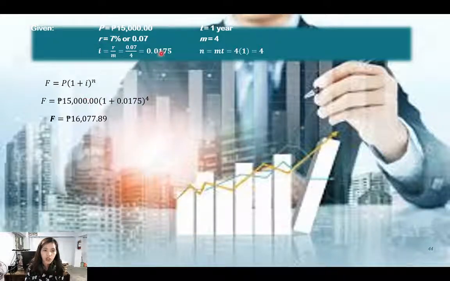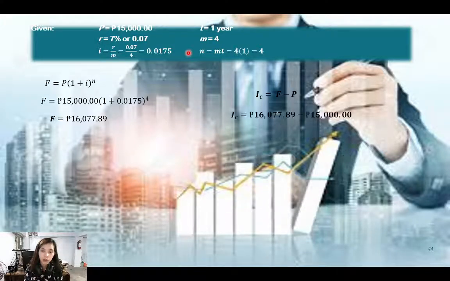So, para makuha nyo dito yung I at saka N, gagawin nyo din yung ginawa nyo sa isa for semi-annually. Pero, syempre, may iba yung given kasi dito, ang M natin ay 4. So, hanapin naman natin yung compound interest niya. F minus P. So, 16,077.89 pesos minus 15,000 is equal to